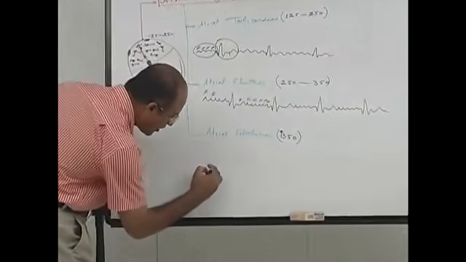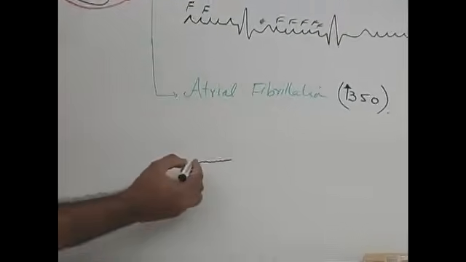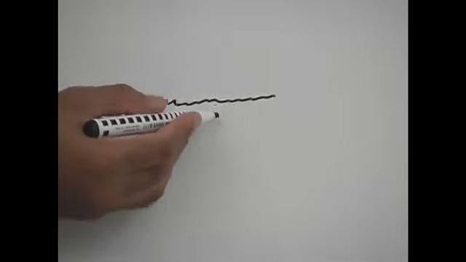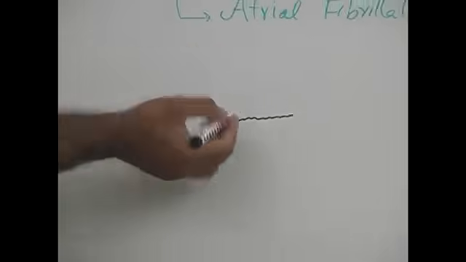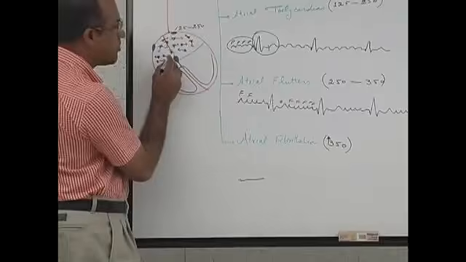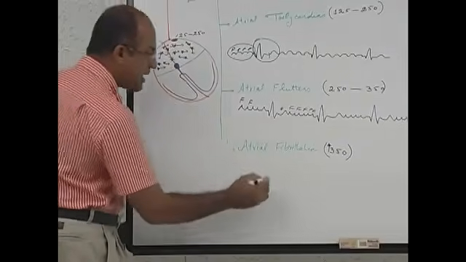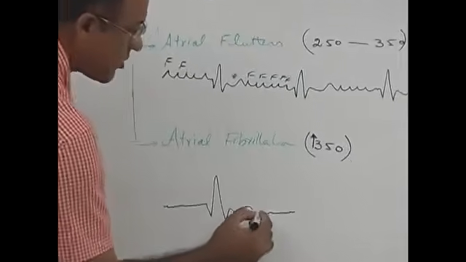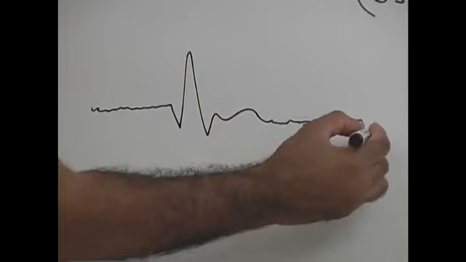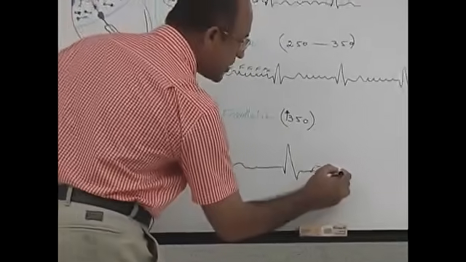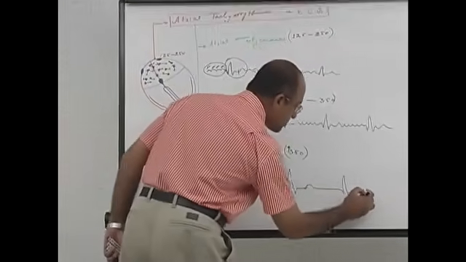Due to that reason, now you will find that baseline which should show P waves, right? This baseline just shows some fluctuations, and these fluctuations are showing that there are small electrical activities, but many of them present in atrium. Then eventually one electrical activity will be conducted down through AV node, and that will produce QRST complex. But again there may be slight fluctuation at the baseline, and then again QRST will be there, right? And this pattern will be repeated again and again,